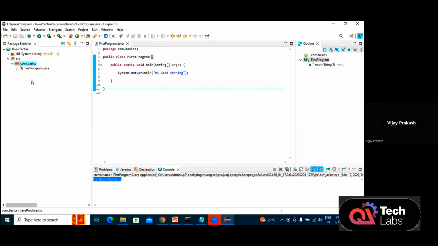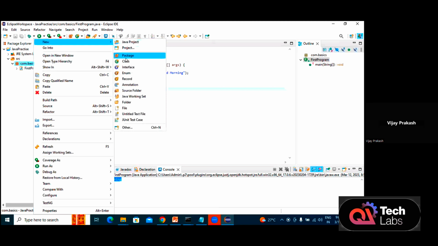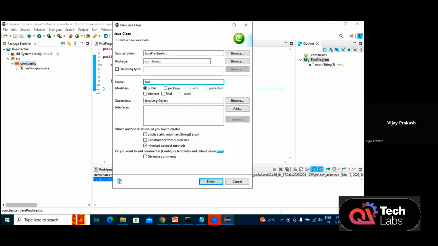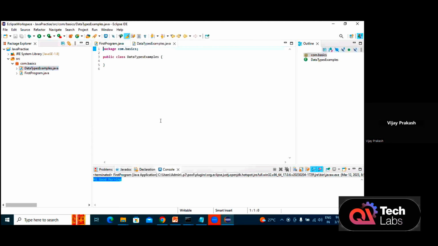We will first understand what the different types of data types are. For that, I'm going to create a new class, see carefully team. I'll just give it the name data types example. I just created a class here, and I'm going to define my different data types. First I'll write my main method,